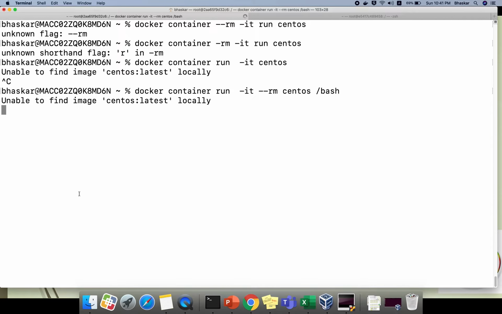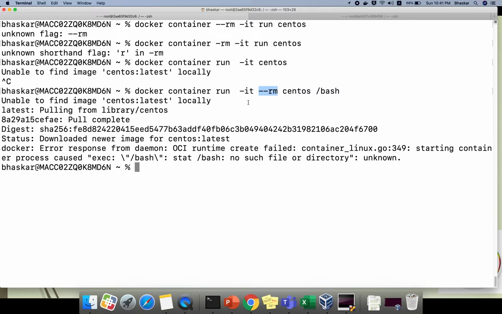See now what is happening. Now I am creating my container, running it in interactive mode, and giving --rm. That means whenever your work is completed, if you exit, it will be deleted automatically in the background also. And there is some issue with CentOS. Let me take Ubuntu only.